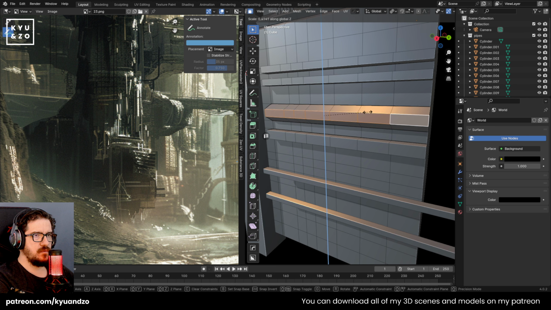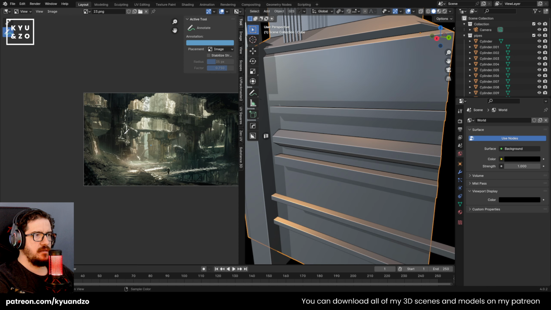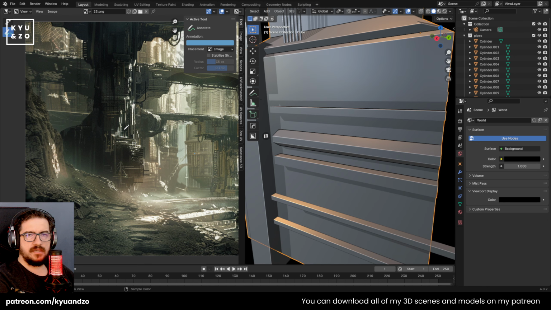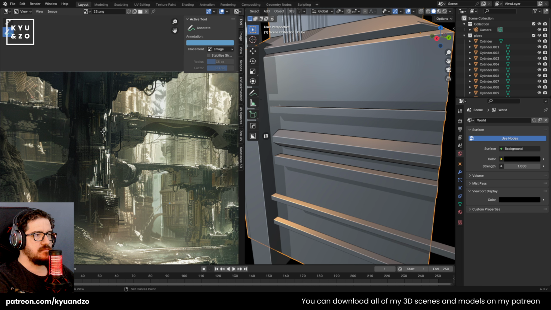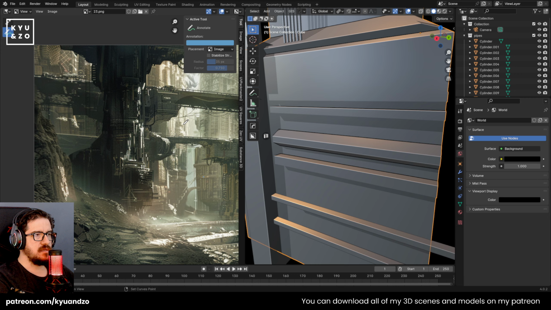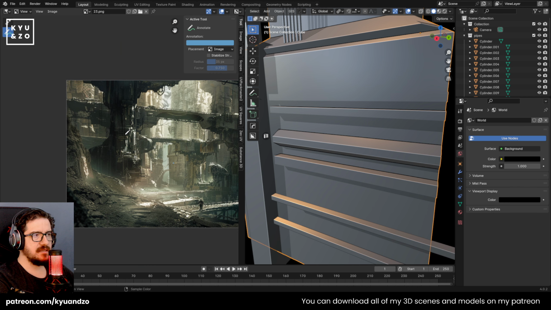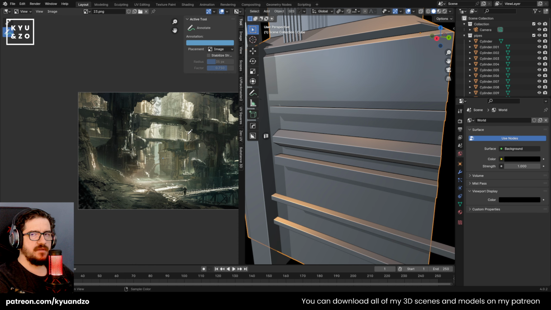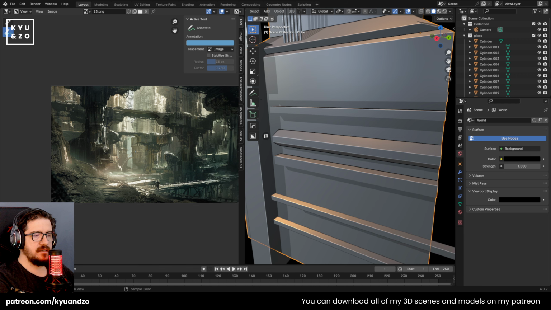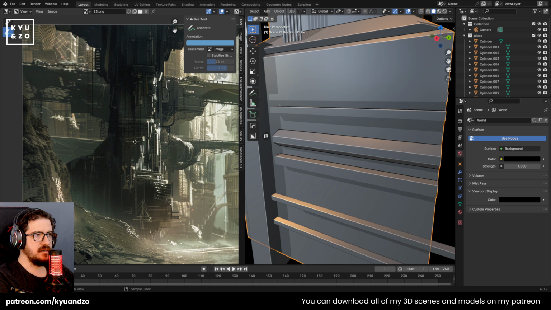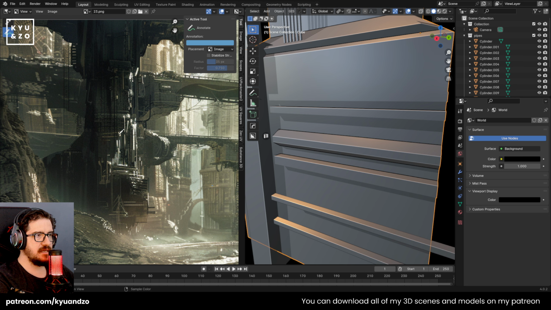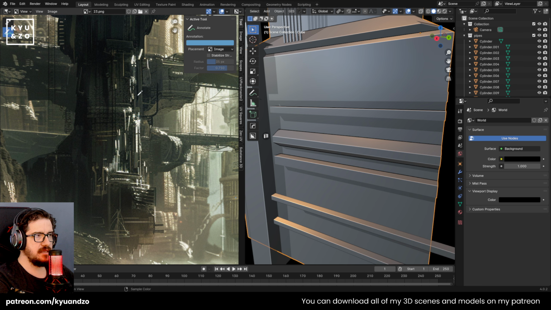Since it's a futuristic object, in fact, it's kind of an ancient futuristic scene. I can call it like this. It feels like an ancient era, but these structures, these buildings are futuristic, as you can see, this